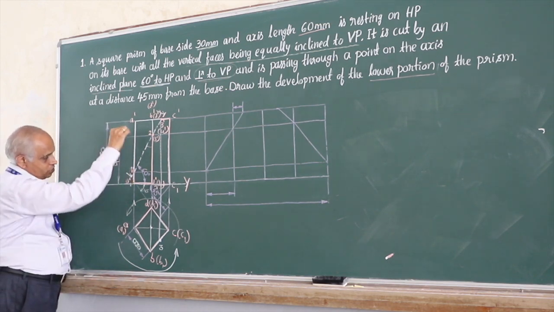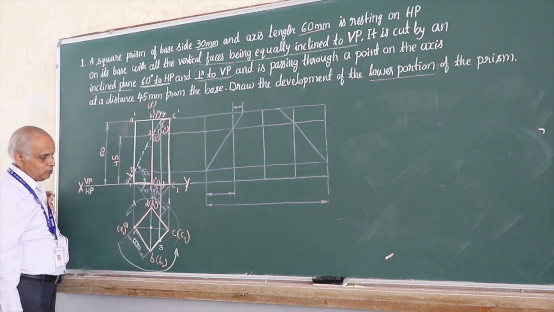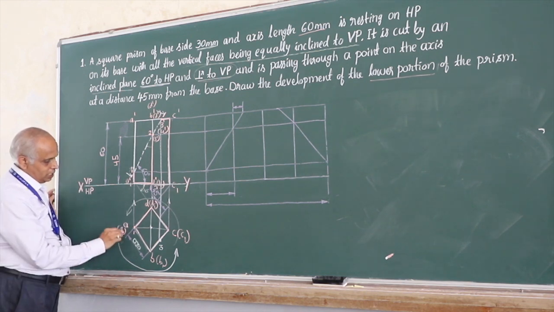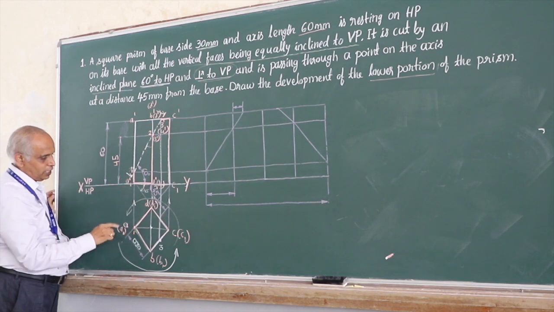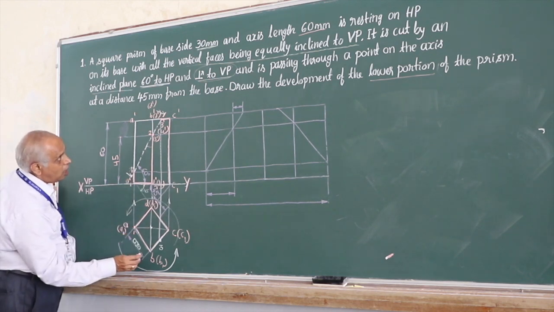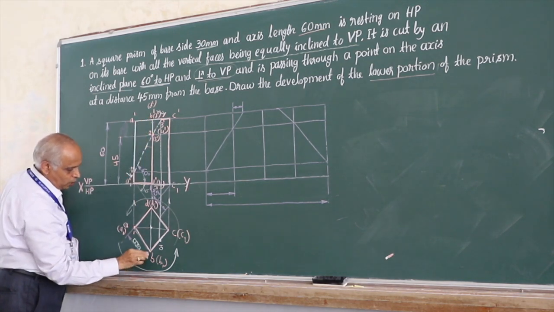You will try to trace it in top view. 1 dash is on edge A dash, therefore this will be now visible. 1 will be at this point. Remember, you have removed A, and only A1 dash is available here in the top front view, therefore there is only A1, and 1 is the visible point now. Next, as you move here, you have removed this portion, means B is out, you are going to get this section point 2 here.